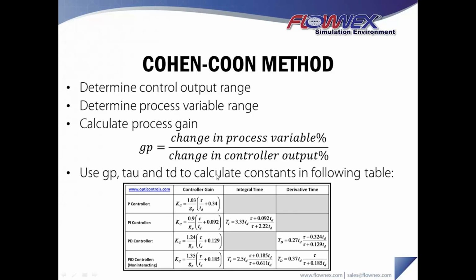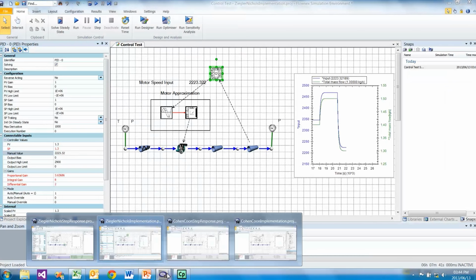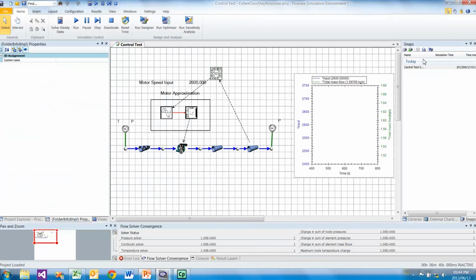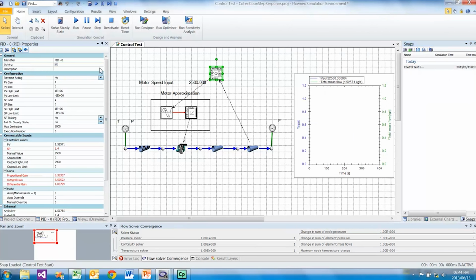We can switch to Flownex to show how this is done. In exactly the same fashion as before, we set our controller to manual mode. We have set up an action that will change the motor speed from 2500 to 2600 RPM, and we will send this data to an Excel report that we have set up.